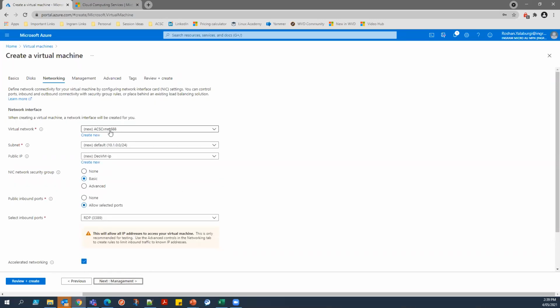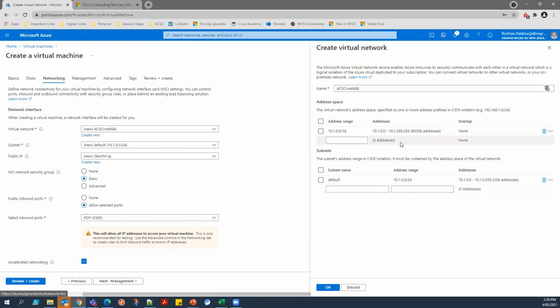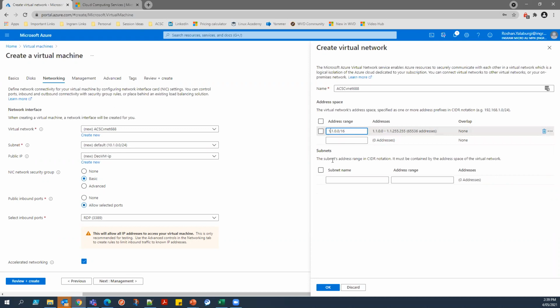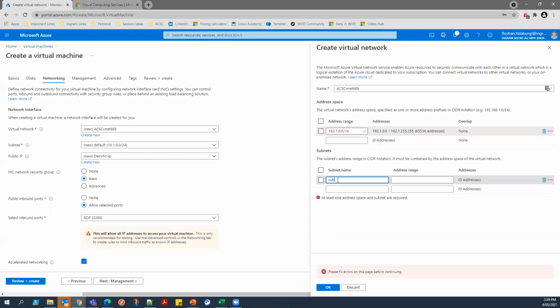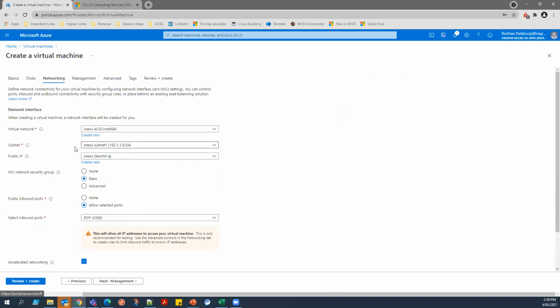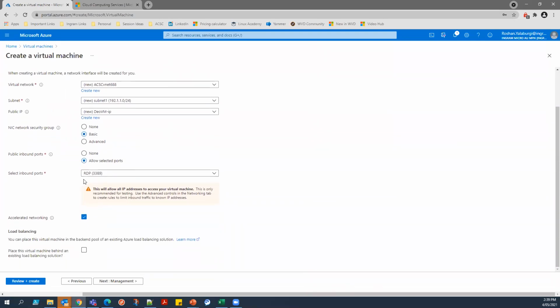Networking. So it creates a virtual network here. As you see, it's given a name, it's defined an IP range. You can even create your own virtual network and your own IP range if required, right? So as you see here, I can go ahead and change this to 192.168, for example, right? I can create subnets for different application tiers and have different tiers used for different applications. So I'll say subnet 1, 1.0/24, and I can add subnet 1 as part of this virtual machine. It gives a public IP and a NIC security option, so I can provide security rules for my NIC card as well. So as you can see, it provides very detailed